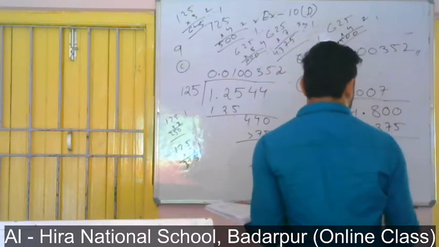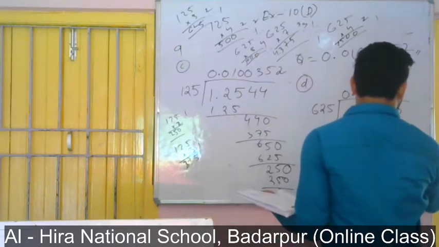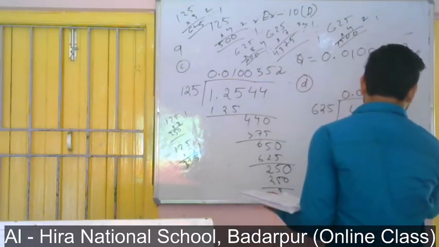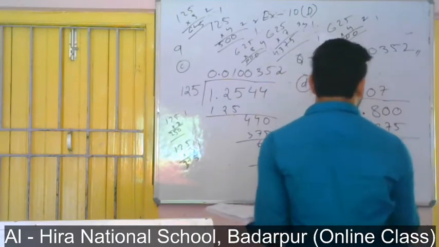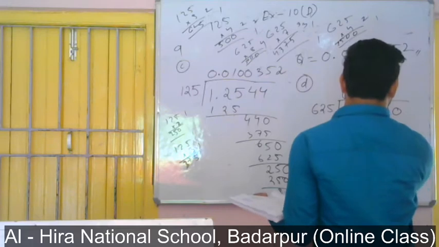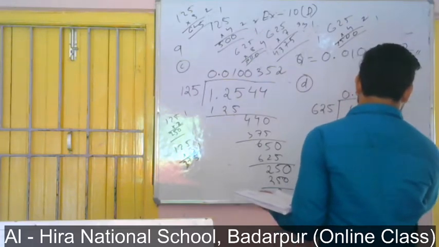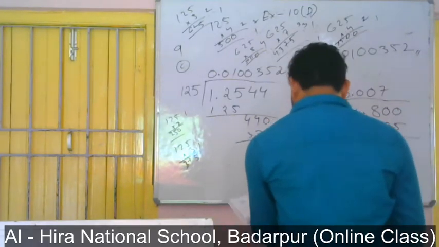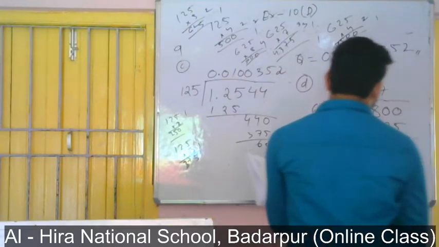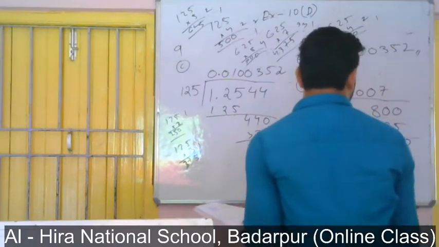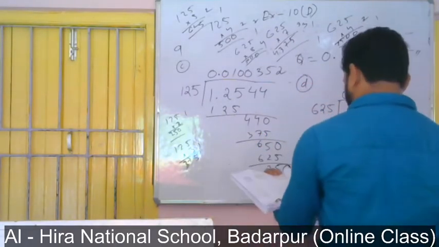Now check, here remain 5, 10 minus 5, 5. Here remain 9 minus 7, 2. Now you see 8, but I have taken 1 from here, so here remains 7, 7 minus 3, 4. So 4 to 5. The point is there, so we'll put 10. 4 to 5 0.